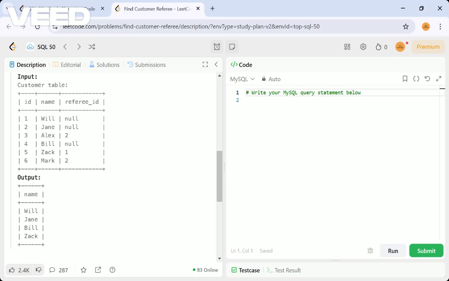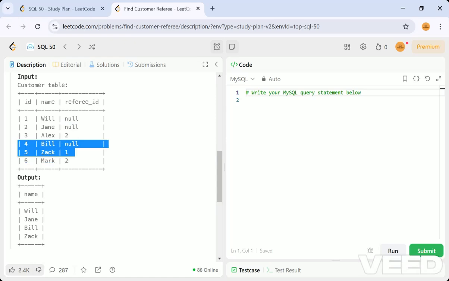I told you that a customer may not be referred by any person. So here you can see the referrer id is null. That means this person is not referred by any customer, so there is no customer id for that; it is null. They are just asking for not referred by 2. Should null also come? Yes, not 2 means others will also be there.